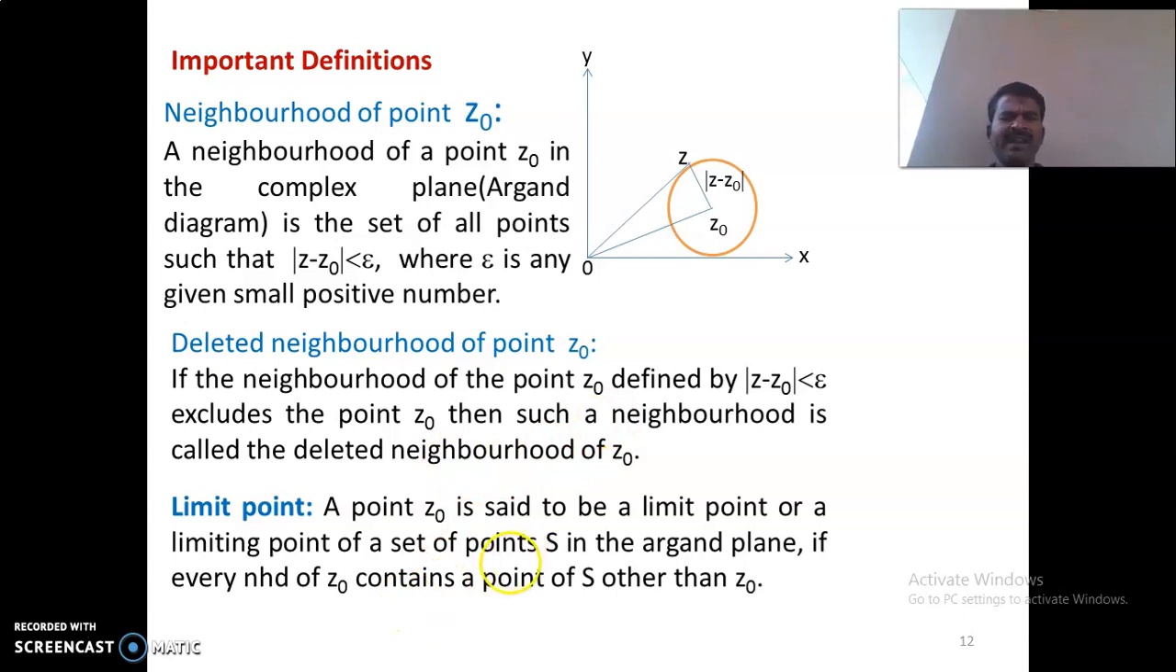Now let us see what the limit point is. A point z0 is said to be a limit point or limiting point of a set of